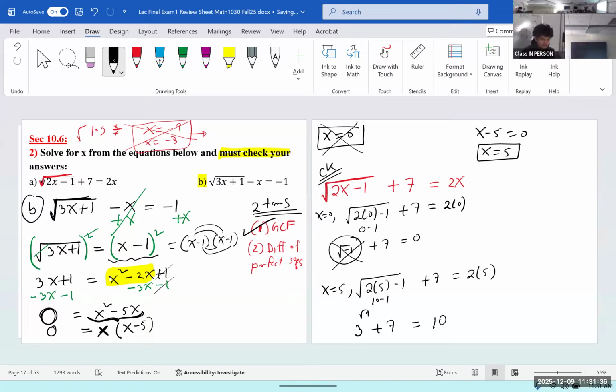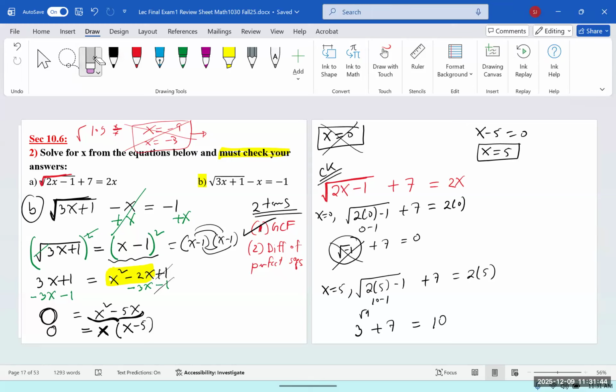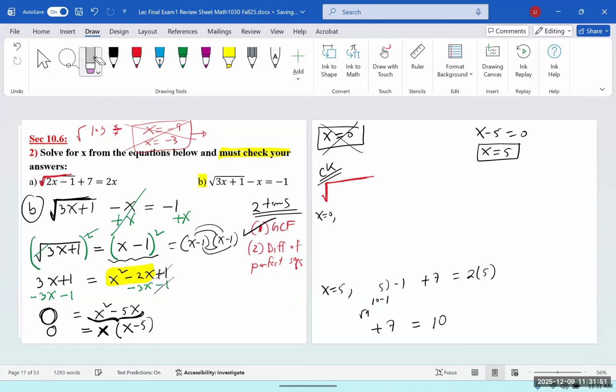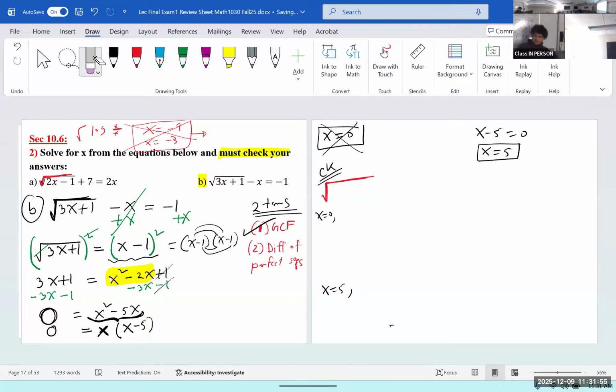Professor? Yeah. Ronald said you're doing the wrong equation. You're checking A instead of B. Thank you. Yeah. Oh my God. What's wrong with me? Thank you for catching that, guys. I think it's more detailed about it, but